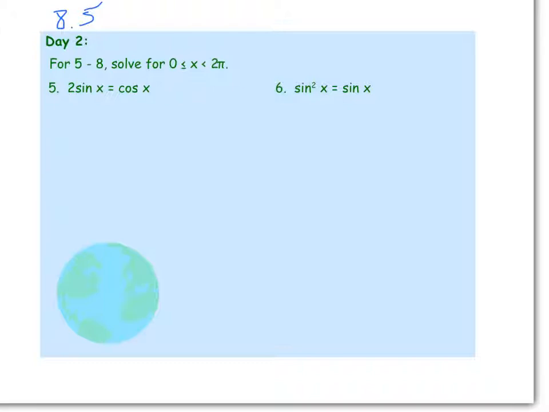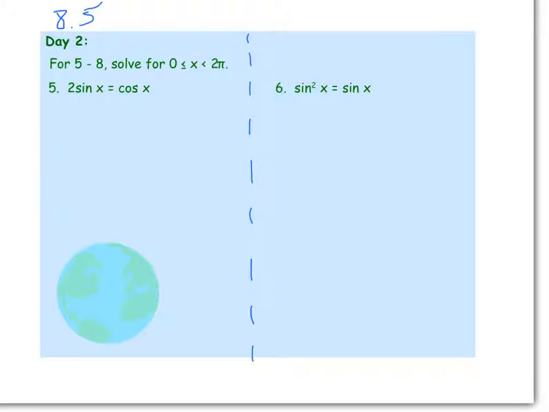All right. What you'll see in some of these examples today are some cases where a couple different things go on. In this first one, I have two different trig functions. That's never a fun situation. Trig equations are really, really hard to solve if we're not all in terms of the same